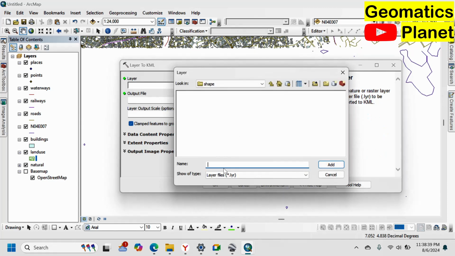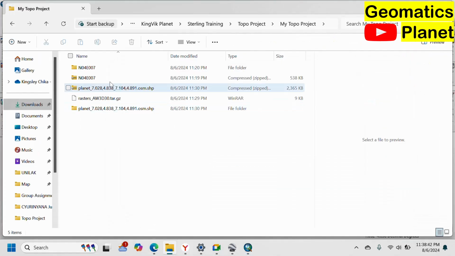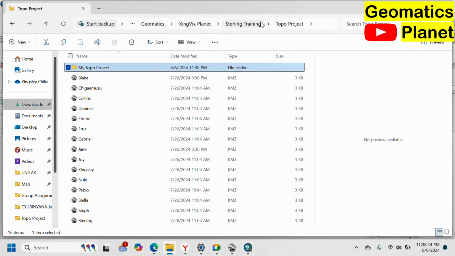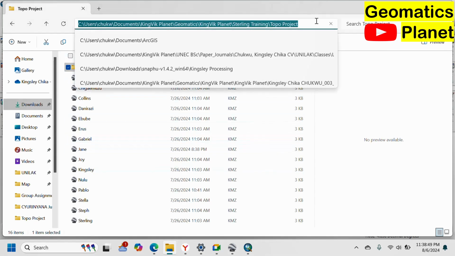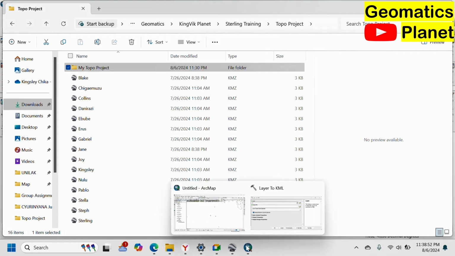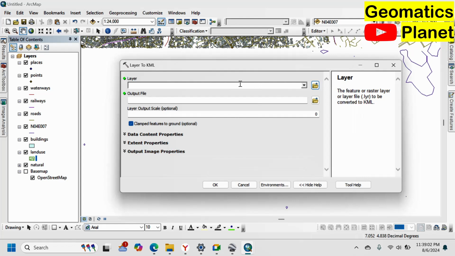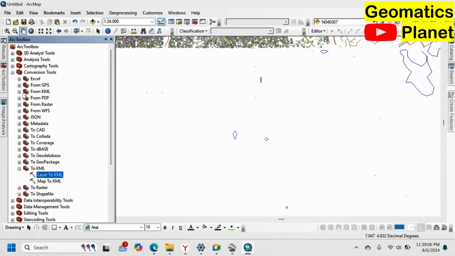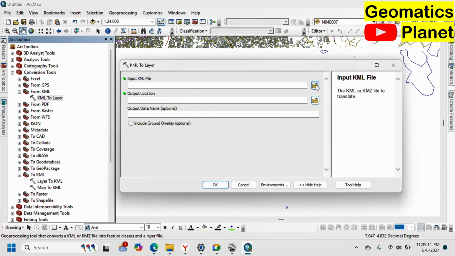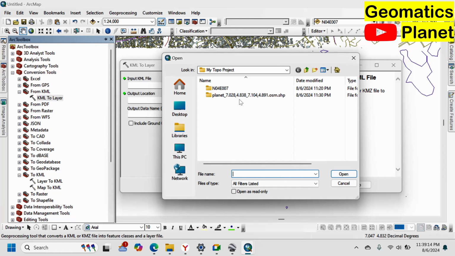So I'm returning back here and going back to where my project is located, and then I'm going to select my own here, copy, go up here, then paste it here, and add the directory which I gave up here. Sorry, it's supposed to be from KML. So I'm going from KML here, down here, go up here, then